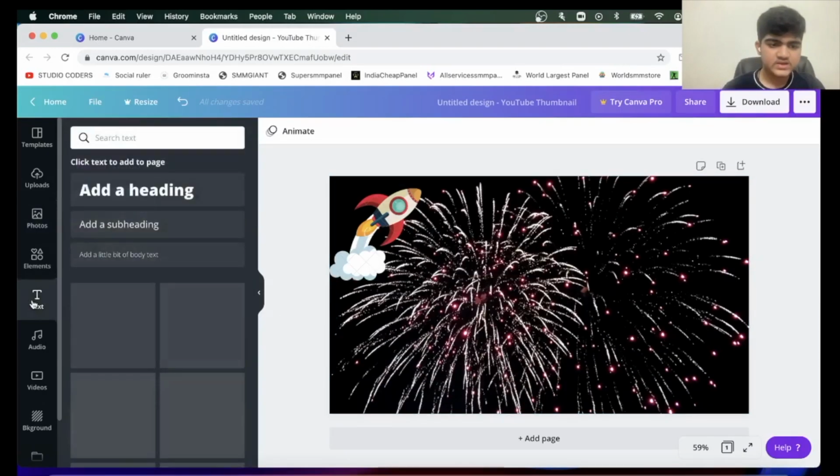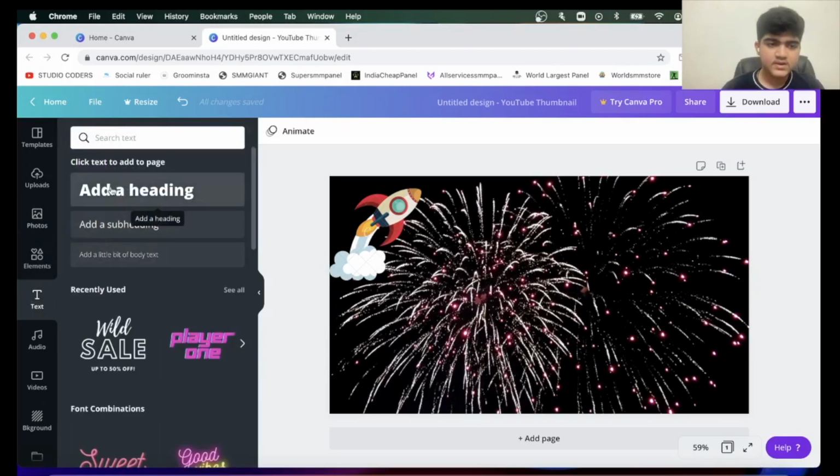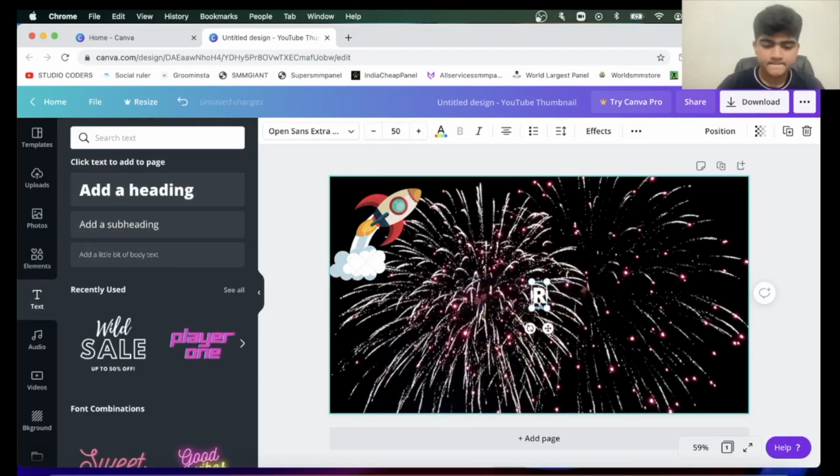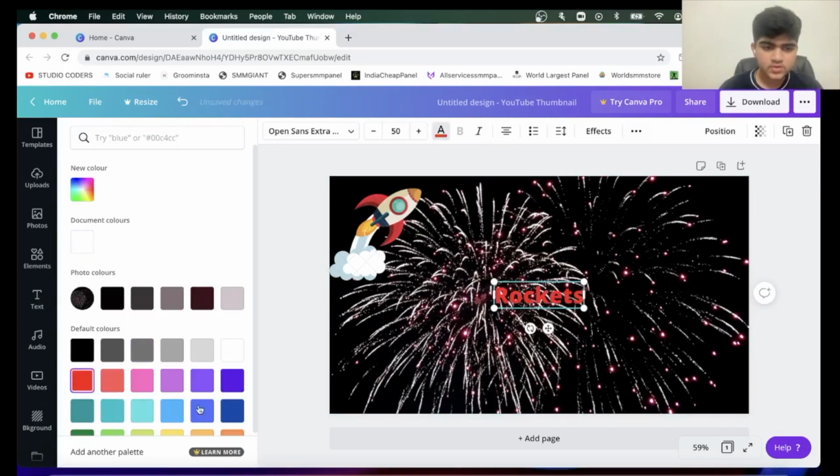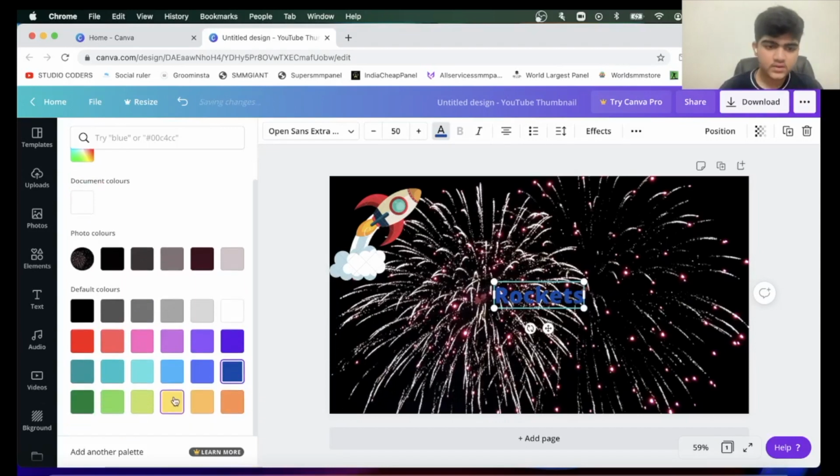Then using the text, you can add a heading, rockets, and from here you can change its properties like text color. You can make it anything that you want.